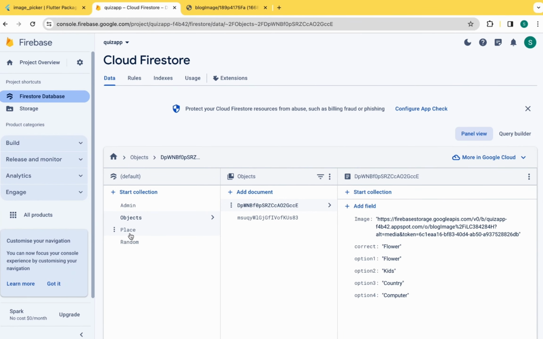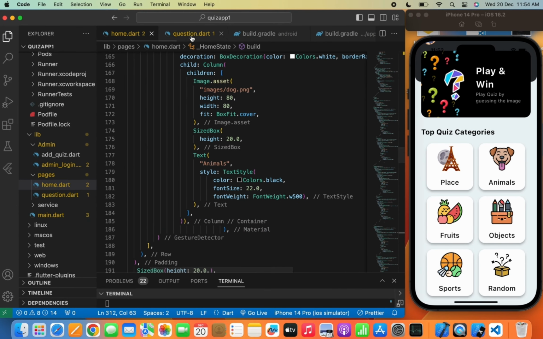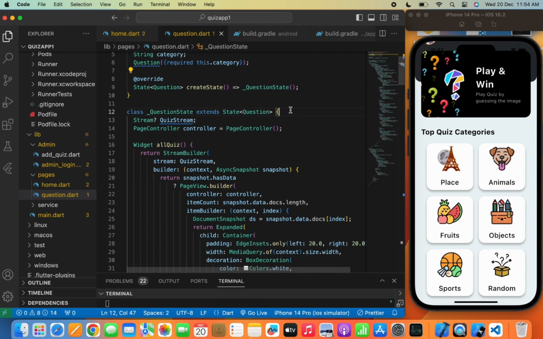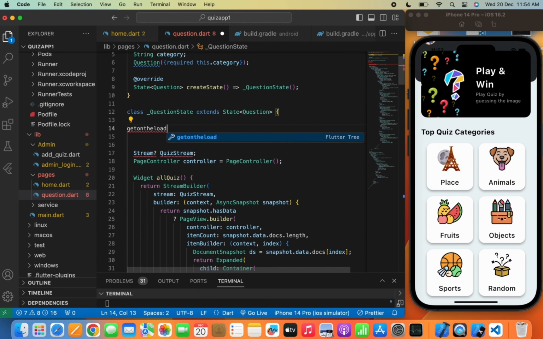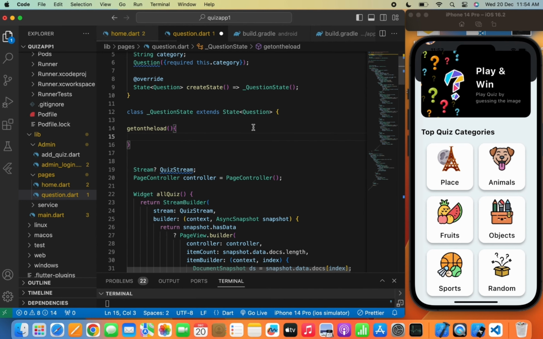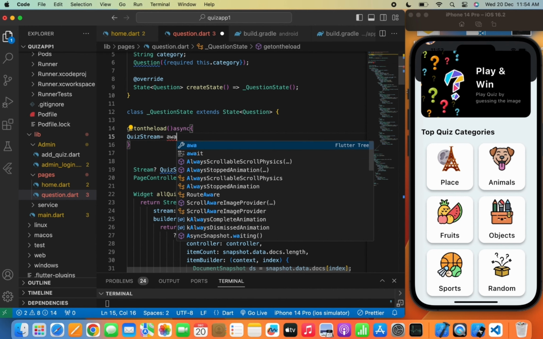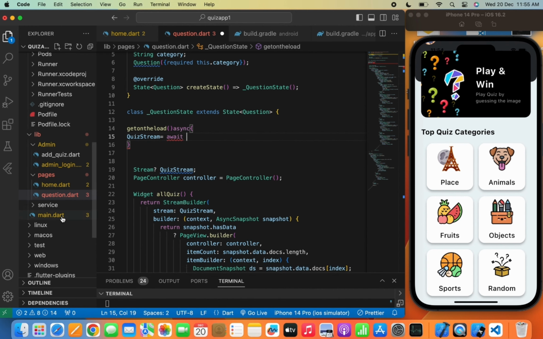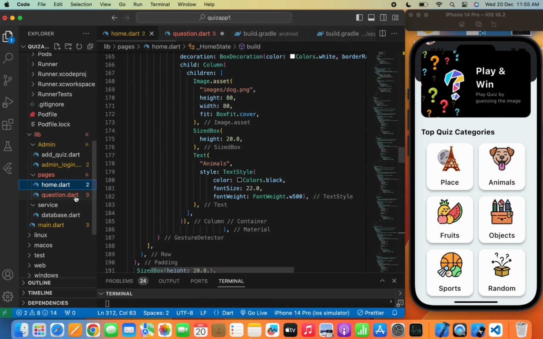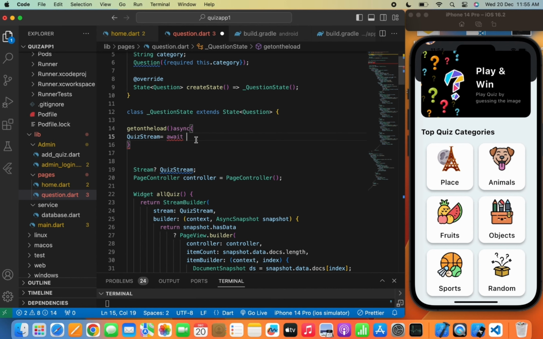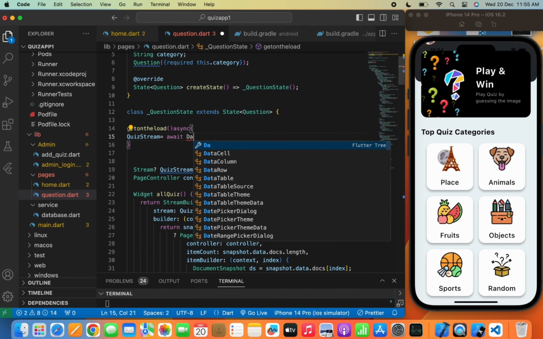Now let's move to the question.dart file and we'll create a get on the load function so that we can get all the quiz for that respective category that we are passing from our home page. Now we'll write quiz stream equals to await, and through the snapshot method that we have just passed in the database.dart file, we'll call a get category quiz function here. So we'll write database methods dot get category quiz, and here we'll pass a category, so we'll write widget.category. Now set state,